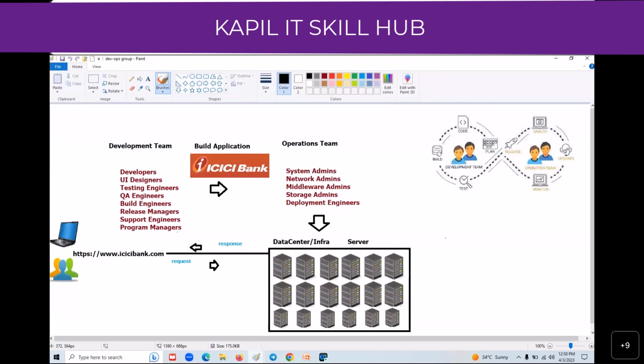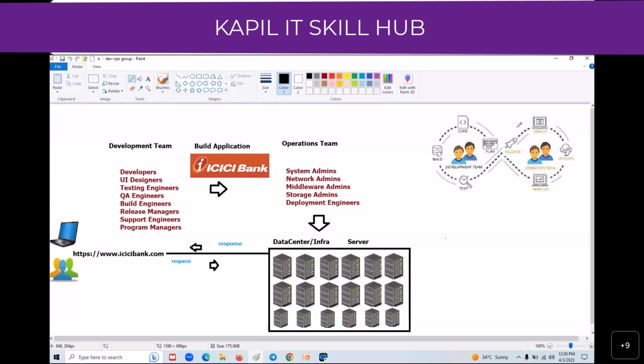Once the application is built, they hand over that built application to your operations team. The operations team people, like system admins, network admins, middleware admins, storage admins, and deployment engineers, ensure that the application is deployed into your data center, where hundreds and thousands of servers are there.